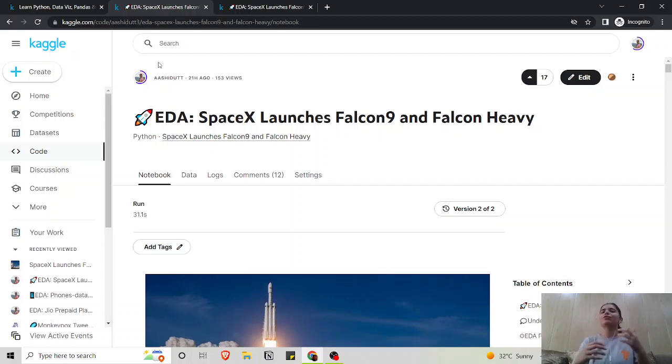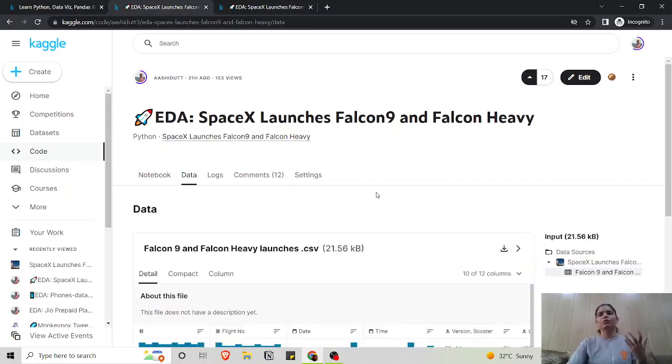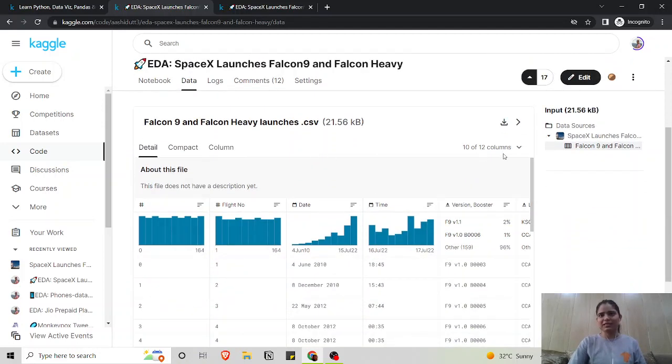But before we dive into the notebook itself, I just want to make sure that we go through the data that is provided by the person himself. Whenever you want to go through a data set in Kaggle, you'll usually find it in the form of these columns, if it's CSV data, of course. The data is kept in columns and they do have a description. They do not have it here, but they usually have some file details that you can find helpful when analyzing the data set.